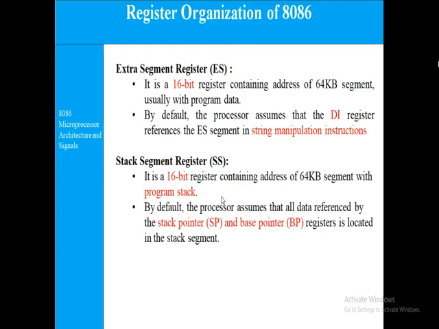It assumes that all the data referenced by the stack pointer and base pointer registers is located in the stack segment. So whenever we point to a stack pointer, it is referenced to the stack segment.